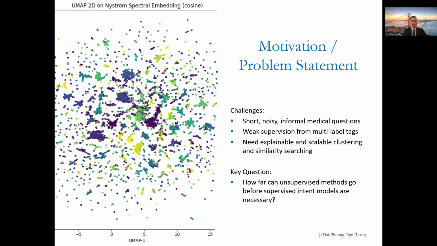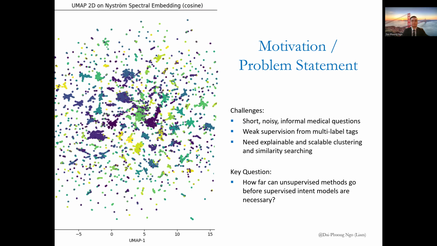At the same time, the dataset includes tags that act as weak supervision, but those tags are noisy, inconsistent, and heavily imbalanced. The core problem I address is how to organize this data into clusters that are meaningful to humans, stable enough for analytics, and usable for downstream tasks such as routing, retrieval, or similarity search and re-ranking. A naive clustering approach tends to collapse into one or two massive clusters dominated by generic symptom language like pain,